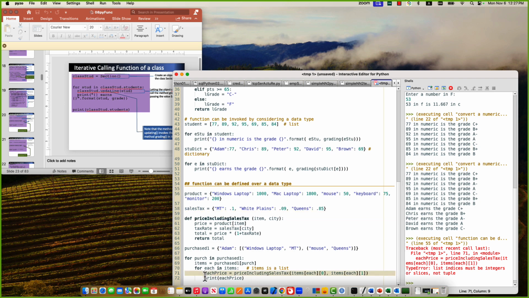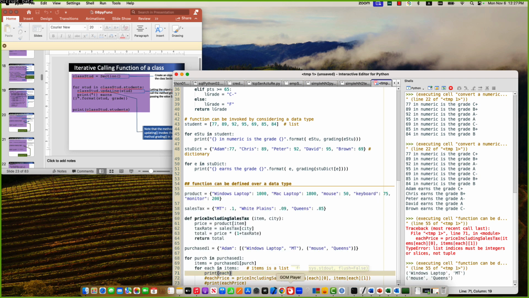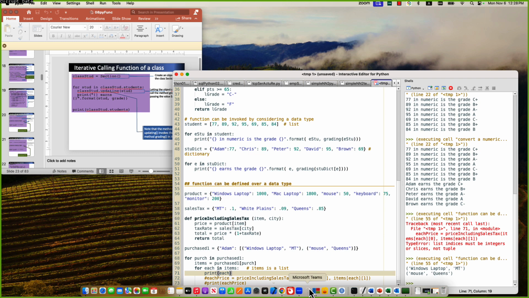Okay. The way that we can invoke the debug is in this way. We need to print each. We want to see what each is. Okay, each is this. Oh, each itself is that. Oh, so we don't need to use this item. We simply do